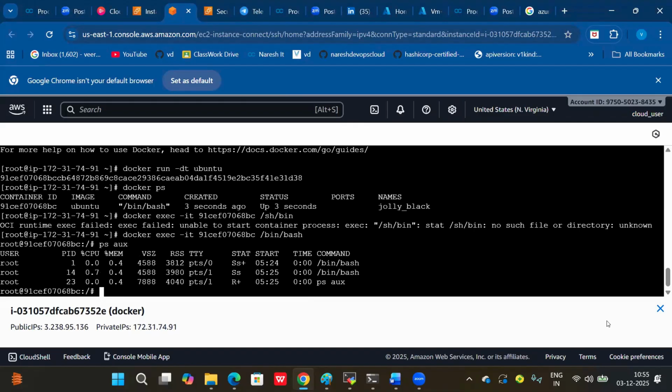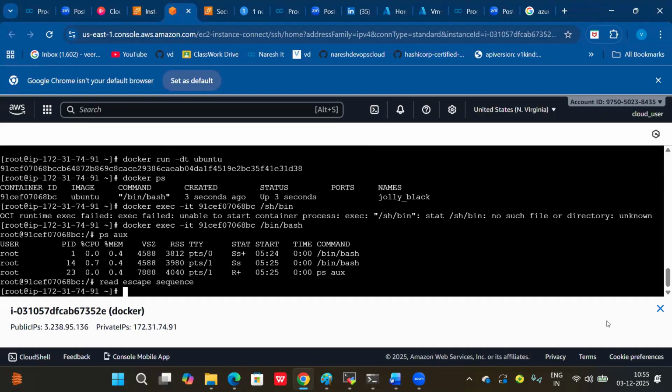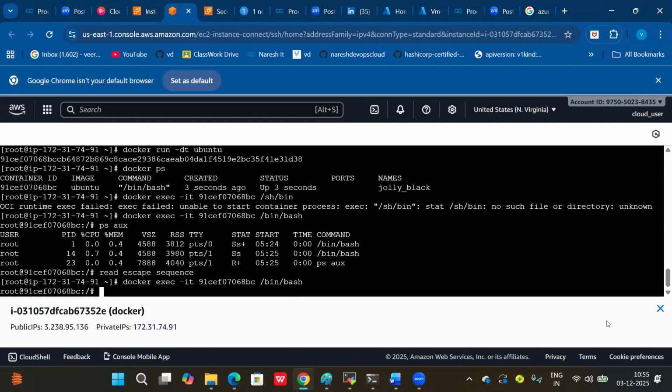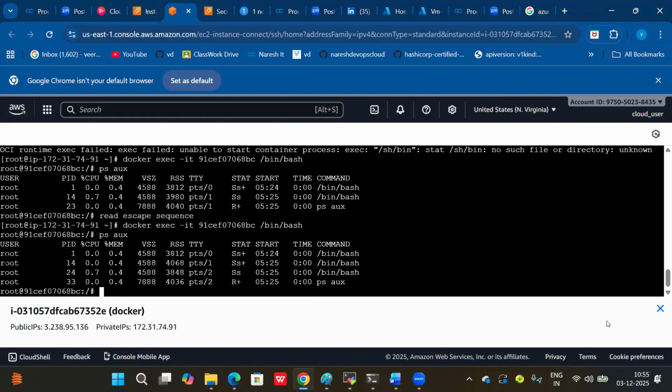But I want to keep my process also. Whichever process you use to log in to a container, I want to keep it, I'm not going to exit. In this case, we can run one command, Control P Q. If you give this command, you can see whatever process you use to log in to a container, that process is not killed. Okay. Now you can again log in. Clear now? 3 bin bash. Again, if you give Control P Q,